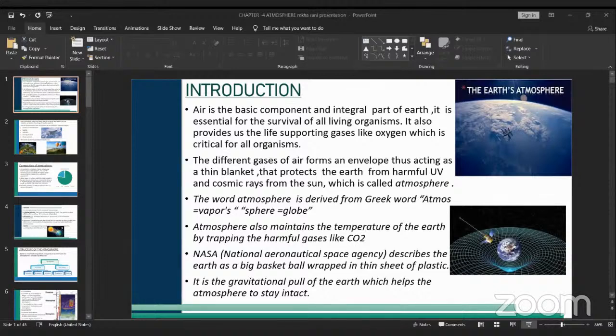Also there are different local winds. In the world map you can observe the different winds that are blowing over the earth. Here, monsoon winds play an important role in Indian life. These winds form an important drive. They become the gamble of the Indian economy, and Indian agriculture is mainly a gamble on these winds.